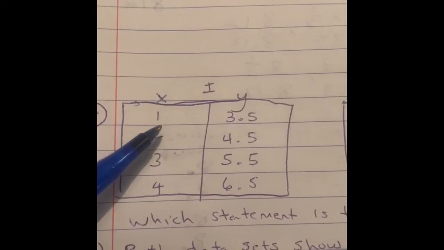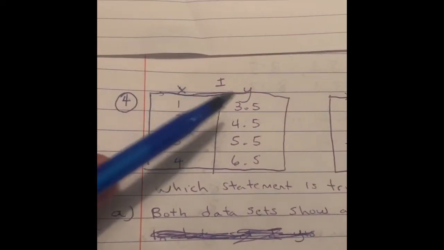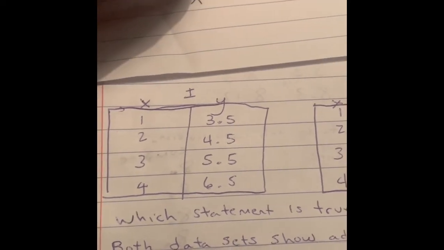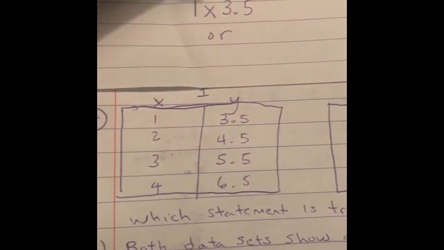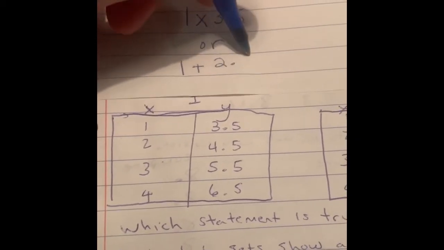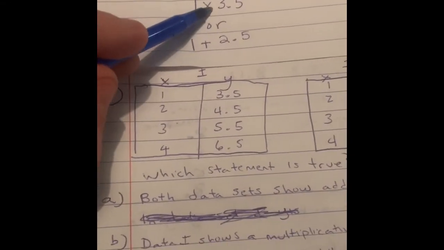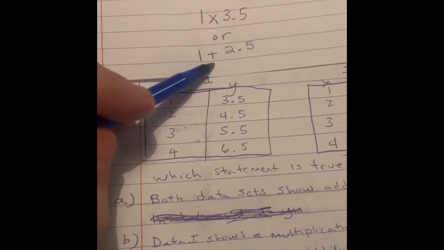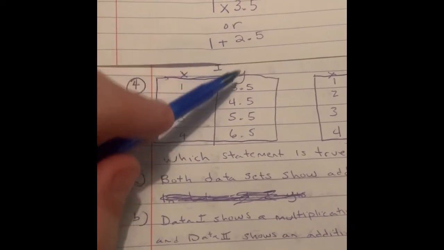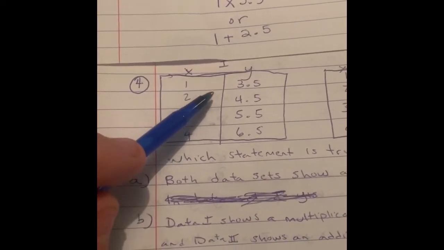How can we get from 1 to 3.5? For us to get from 1 to 3.5, we have two different choices. We can either multiply 1 times 3.5, or we could add 1 plus 2.5. So right now we have an option for two different rules. Either we're going to be multiplying times 3.5 or adding by 2.5. Since both of them work for if x is 1, now we have to check will they work for if